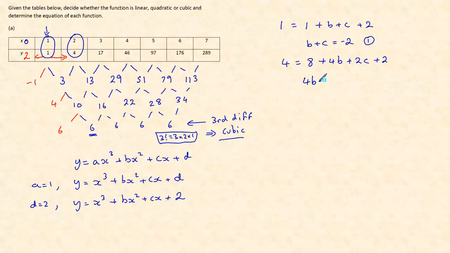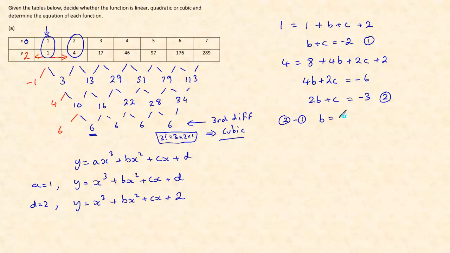So 4b plus 2c equals, so 8 and 2 are 10, 4 take away 10, that's negative 6. So 2b plus c is negative 3. Let's call that 2. If we do 2 take away 1, that gives me that b is equal to negative